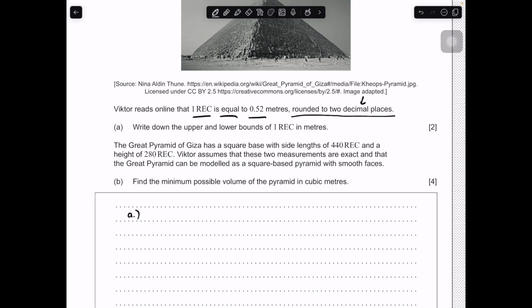So we have 1 REC is equivalent to 0.52 meters, but it's rounded to 2 decimal places, so this value right here. And then if we ask ourselves the lower bound and upper bound, I'm going to write it right here. Lower bound, let's use a different color. The lower bound: what is the least possible value this could be if we are rounding to 2 decimal places? So again, we could have 0.51,